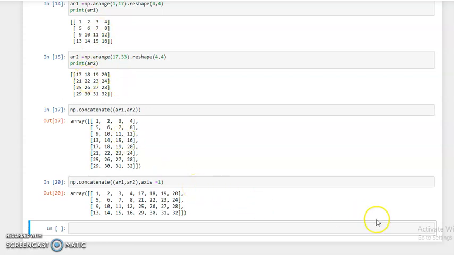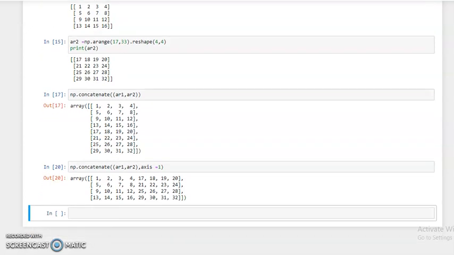Okay, we have another function to concatenate two arrays. Suppose we want to concatenate column wise, or vertical.